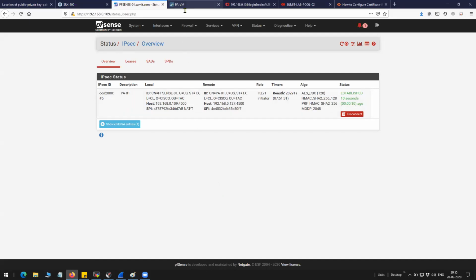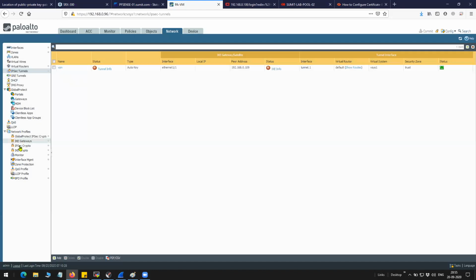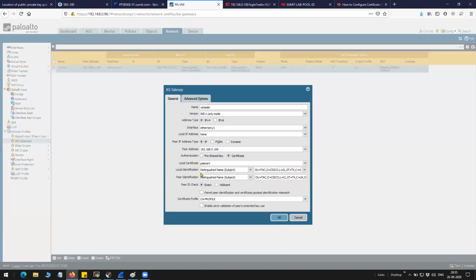And one more thing, what you will have to see here is that in the iGateway configuration, you have local identification and peer identification as DN, distinguished name, which is extracted from the certificate. Well, if you have some other firewall on the other end, then you will have some kind of issues,